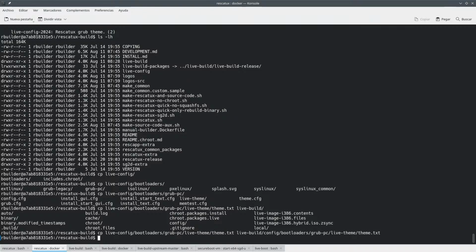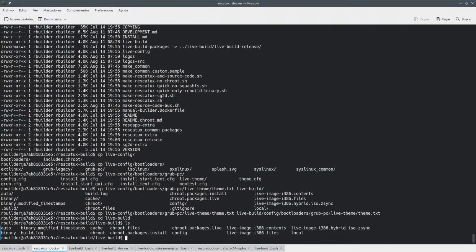Okay, and once we do that, we can go into live build and ask some stuff, which would be, what are you using in order to do this grub-pc? So grub-pc stuff, which is being used in order to build the ISO, is being used somewhere,